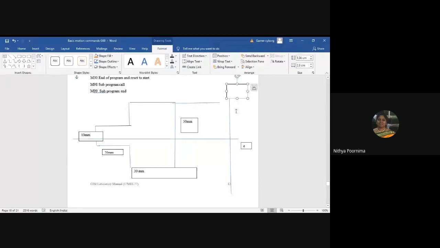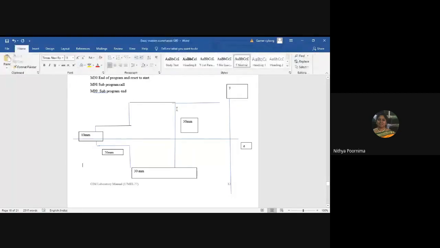Just start with this point. What will be the coordinates? It's usually x comma y. So it will be z comma x. Sorry, this is x. What is the coordinate for this one?